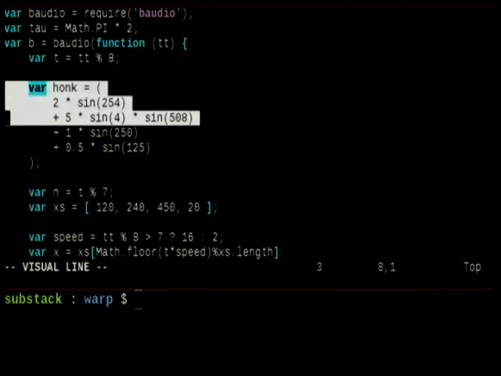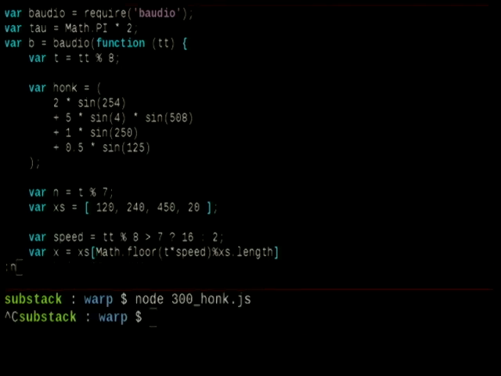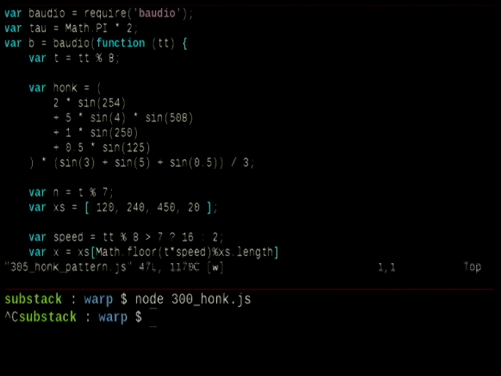This is fun. I've found a way to make a honking sound. It sounds kind of awesome. Check this out. So let's put a honk in there. Let's punctuate it first of all, to make it sound cooler.